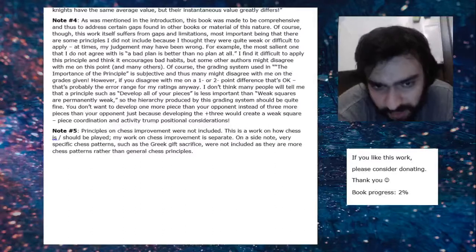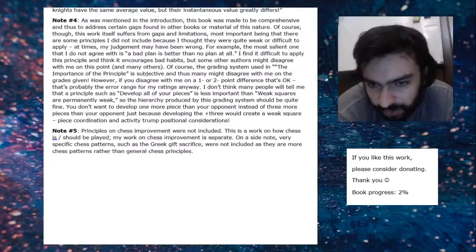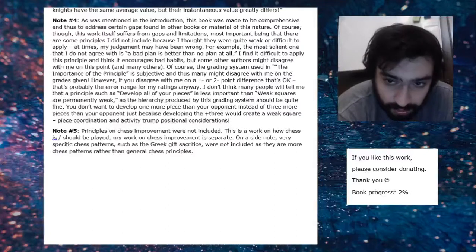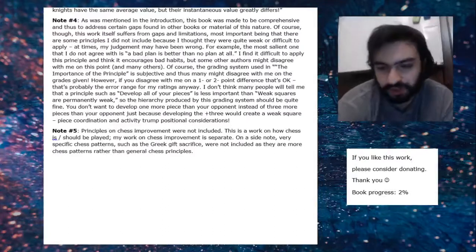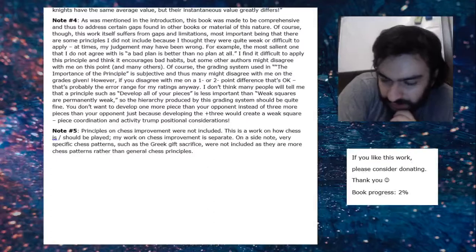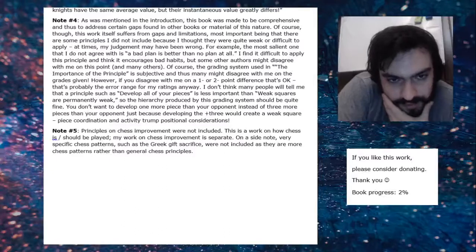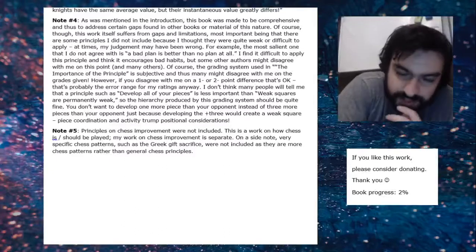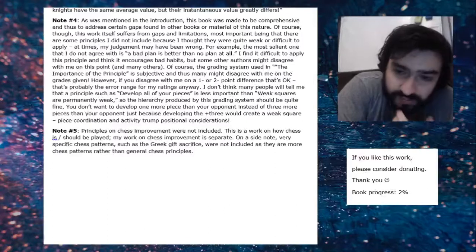And of course, some other people might disagree with me, so that's up to them. That's one limitation, that perhaps the way I see things is not so correct, and I needed to include, for example, this principle. And another thing is about the grading system. The grading system is no perfect science, and I specifically not intended to be, because I don't want to get